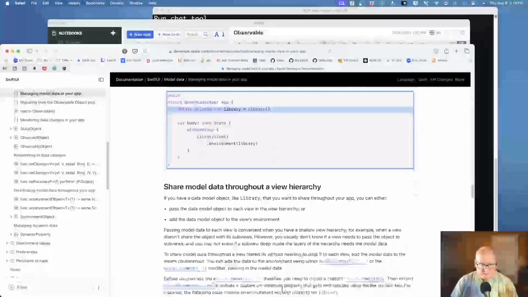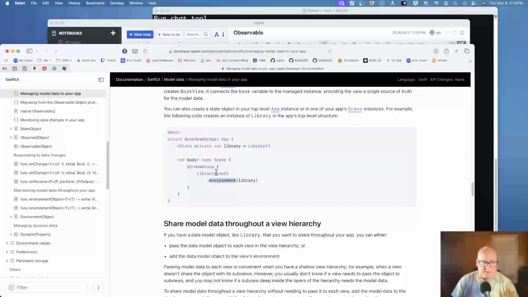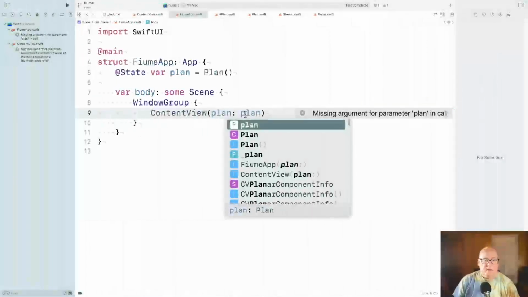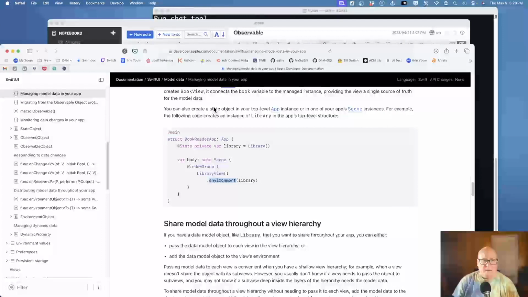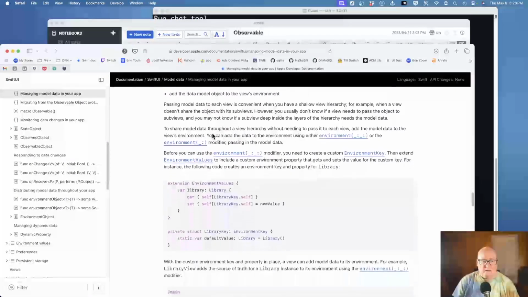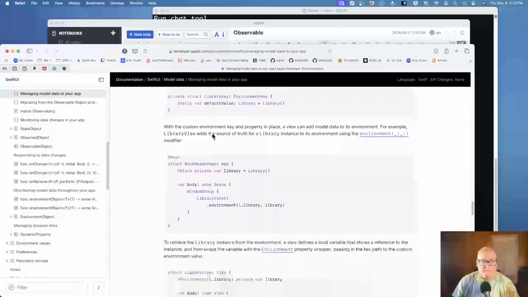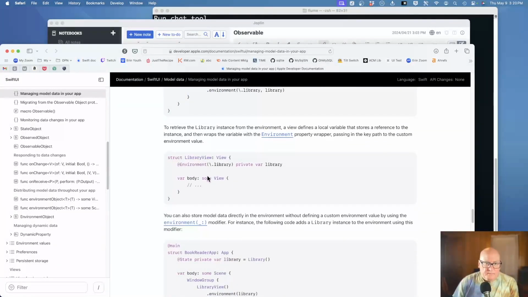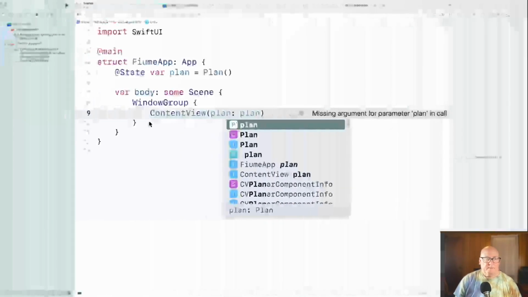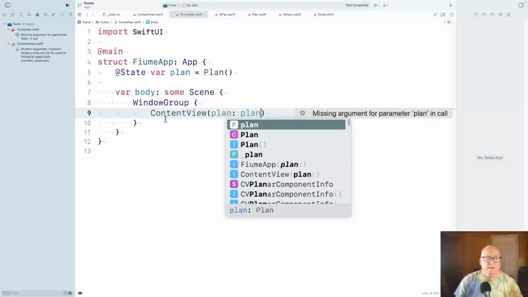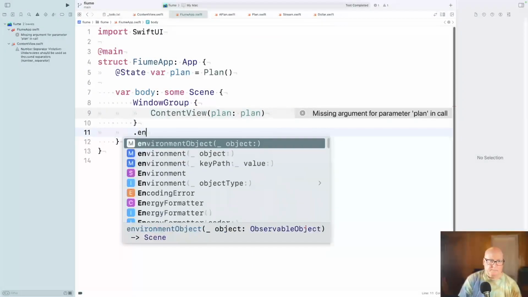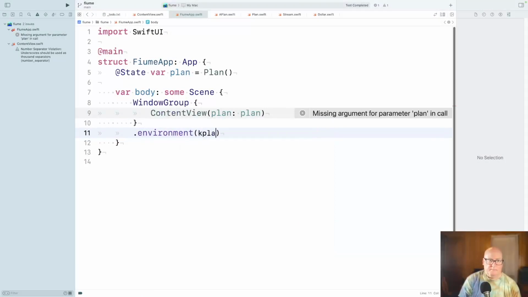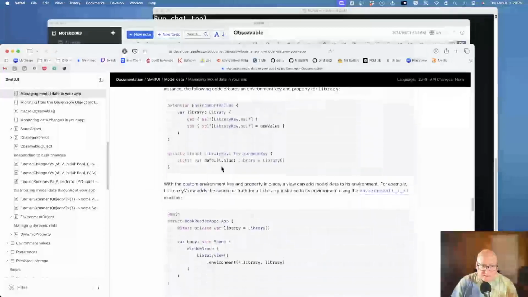And now I'm not sure this should be, oh, let's put it in the environment. That's what goes in the view now. Okay. Make sure I'm doing this the way they're saying.